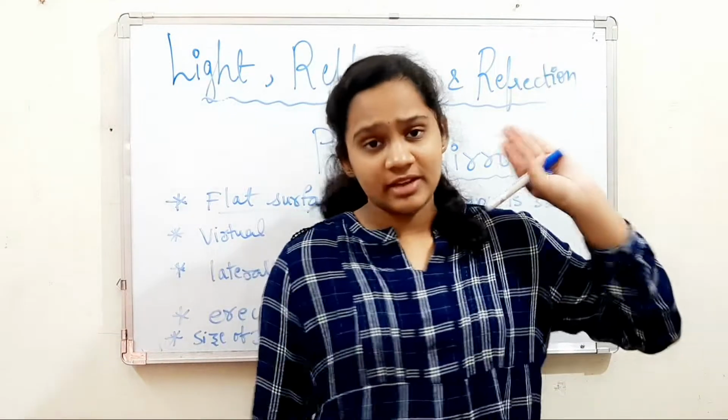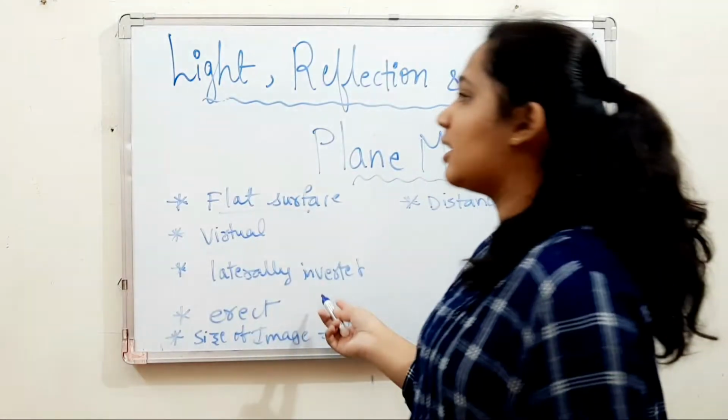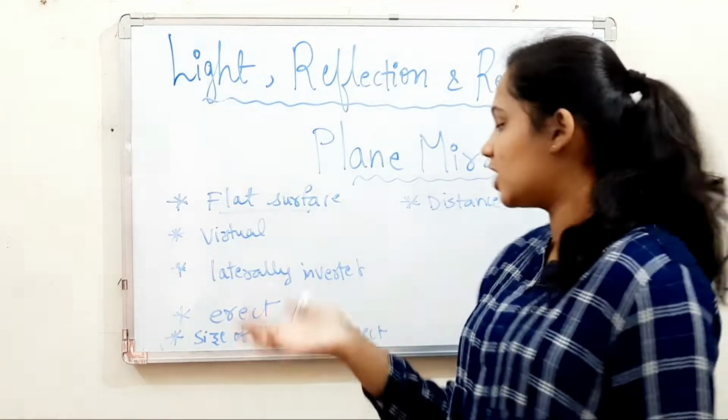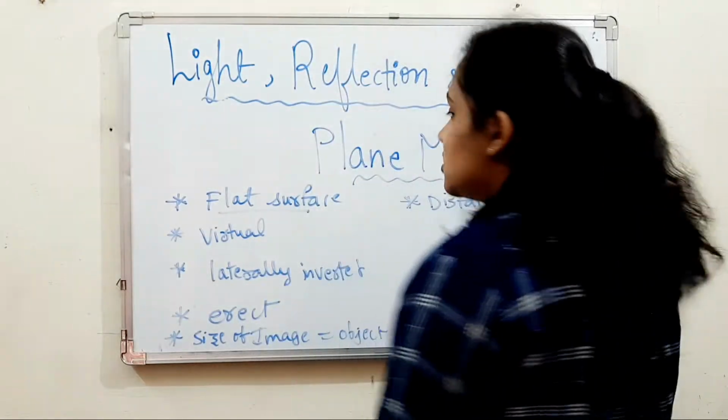Now suppose if I raise my left hand in my mirror, it will show its right hand. So LHS will appear like RHS and RHS will appear like the LHS. LHS RHS तो पता है ना, left hand side and right hand side. And the next one is